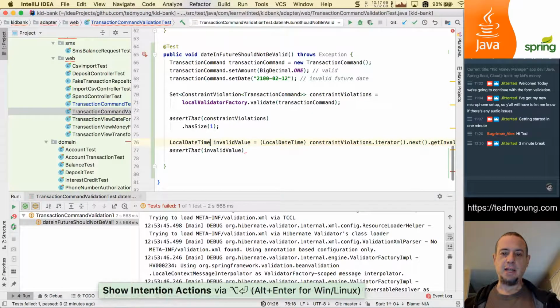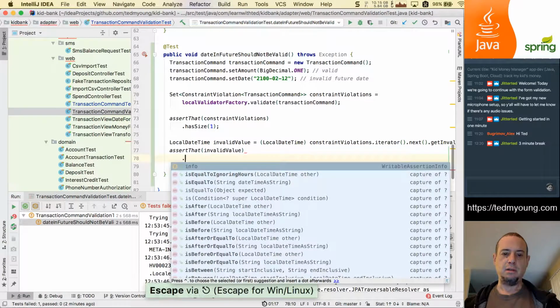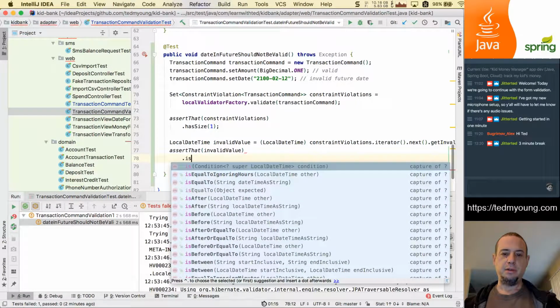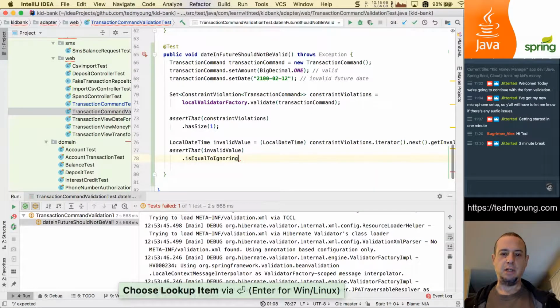So I'll have to cast that. And so we can assert that the invalid value is equal to, ignoring